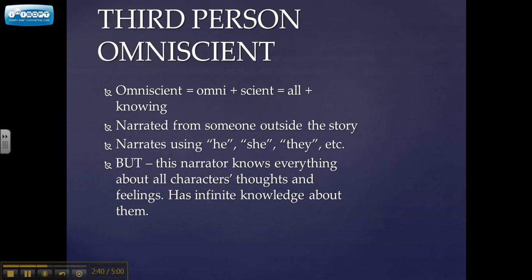Unlike third-person limited, and especially unlike third-person objective, third-person omniscient is going to know everything about all of the characters. Omniscient comes from the words omni and scient, which mean all and knowing. So third-person omniscient means third-person, all-knowing narrator. The narrator is someone outside of the story. Again, they're using the pronouns he, she, and they, but this narrator knows everything about all of the characters' thoughts